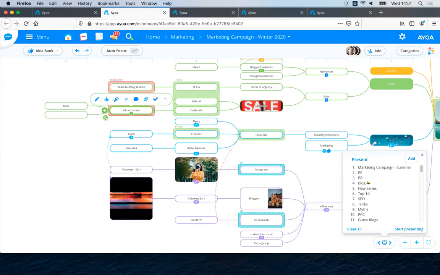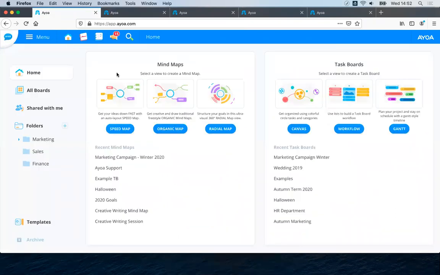Okay, is there a way to import mind maps from different mind mapping programs? We do have an import option for mind maps created in our old software, iMindMap. So that is the .imx file type. We don't currently support imports from other mind mapping programs other than iMindMap. But if you do have iMindMap,